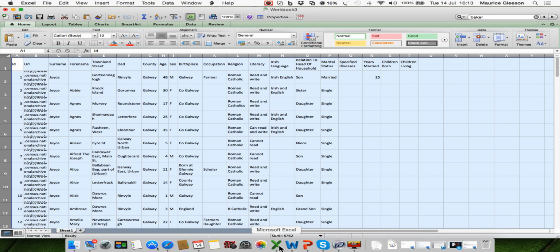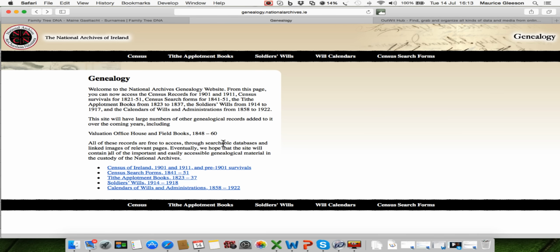And of course, once it's in an Excel spreadsheet, then you can search it by forename, townland, DED, county, age, and so on. If, for example, we were to do that on the website, we could search by, say,